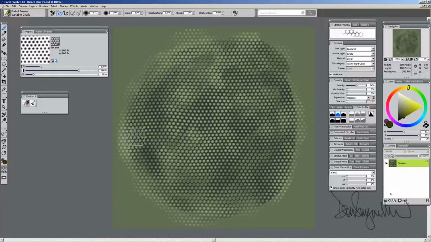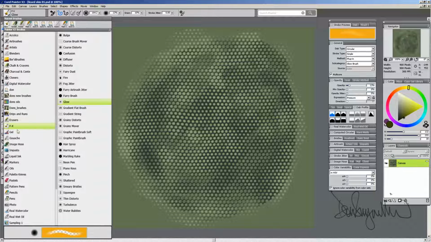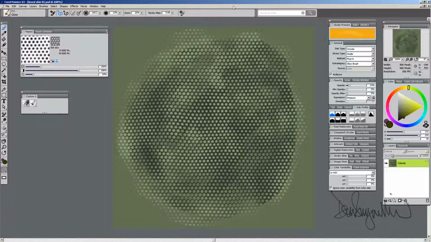I'm going to switch now and use the glow brush. The glow brush is found under the effects category right here. This is really one of my favorite brushes for doing this kind of thing. Again, it's at the default, other than I've increased the size quite a bit. The glow brush can be really kind of tricky the first time you use it. So what you want to do, let me get it big here again, about 160, that'll probably be good enough,